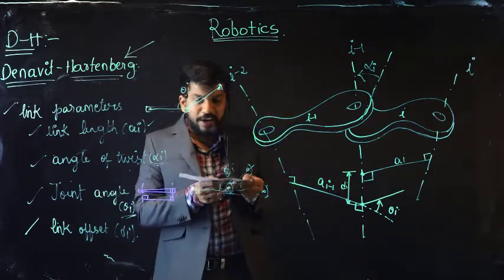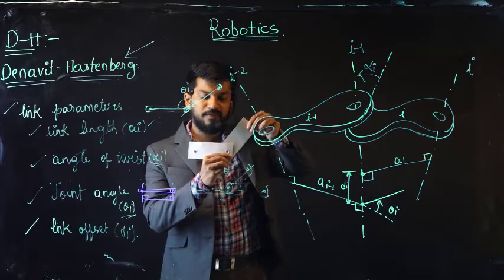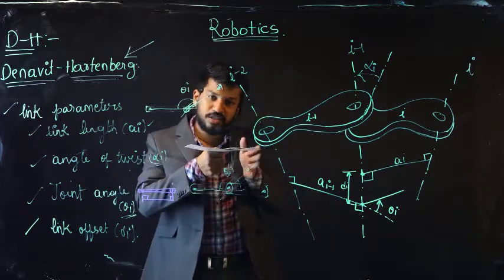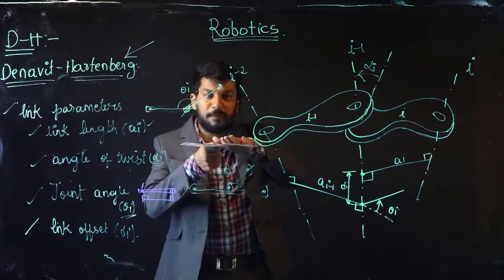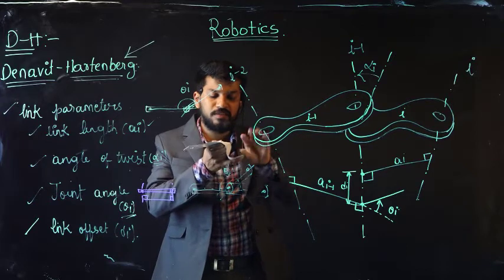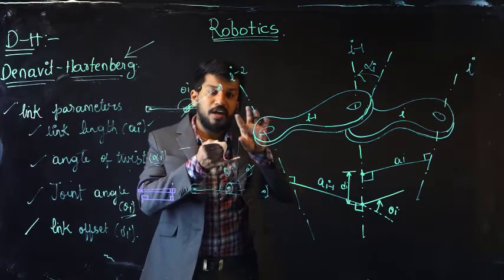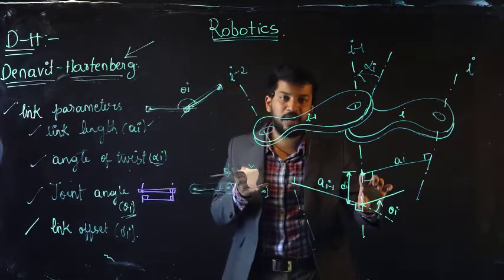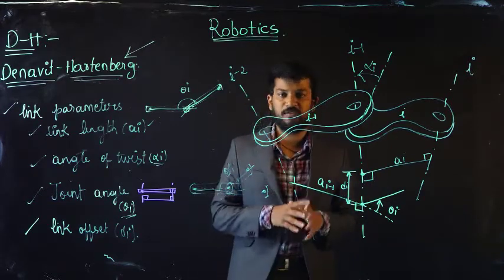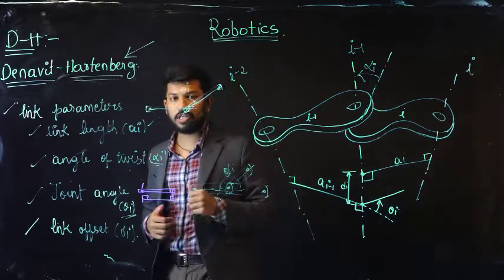This is my link. It has turned to an angle theta i. And if you see, there was no such kind of offset because all were completely planar. Now we have a certain offset distance dA. That we can identify along that common axis where my link lengths get intersected. Now this is the entire construction part. With this, my construction part was almost completed.